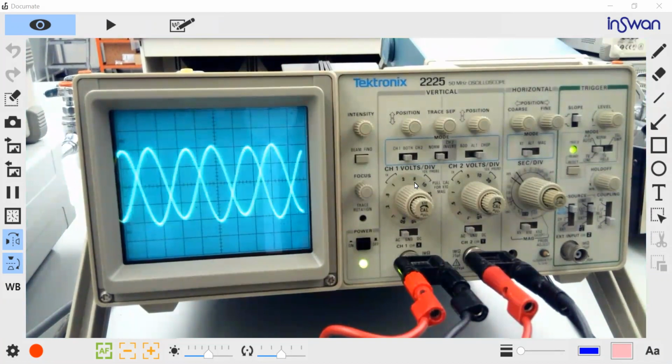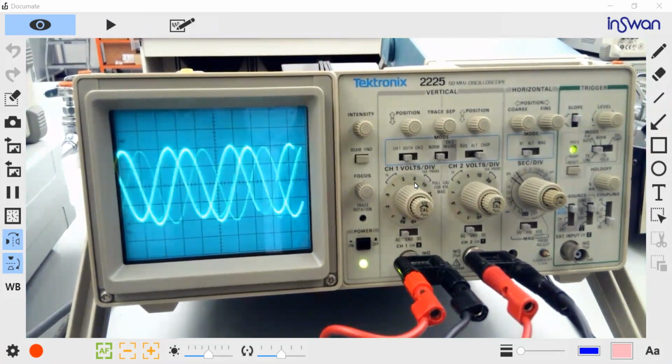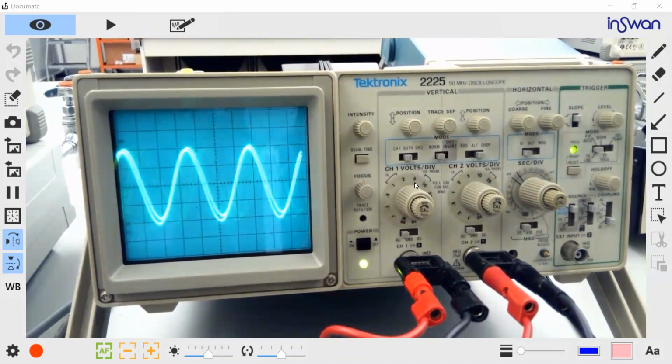Basically the oscilloscope can measure the peak to peak voltage of an AC signal. The problem with a voltmeter is that we are not able to measure the AC voltage directly, because it measures the root mean square voltage. Because of that, the oscilloscope is useful to see the signal, and it is also a very good measurement of the voltage.